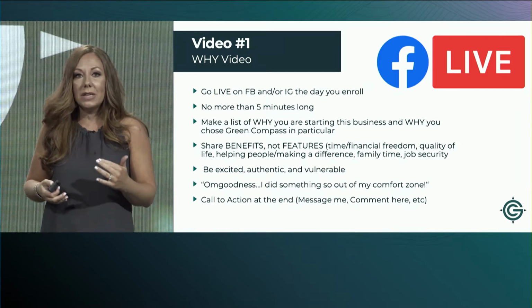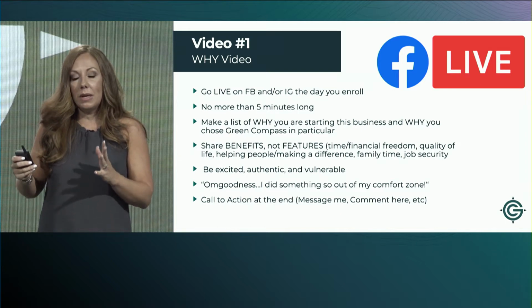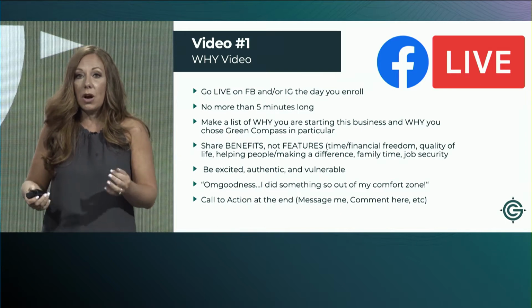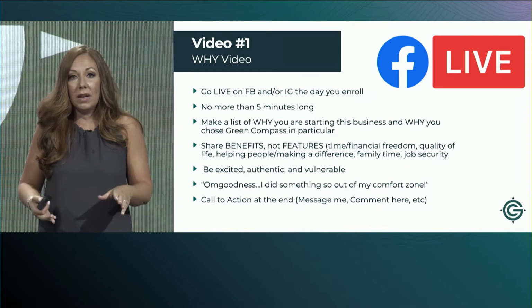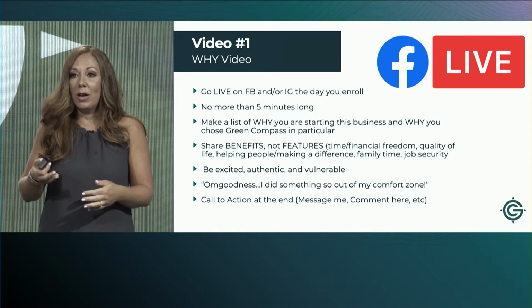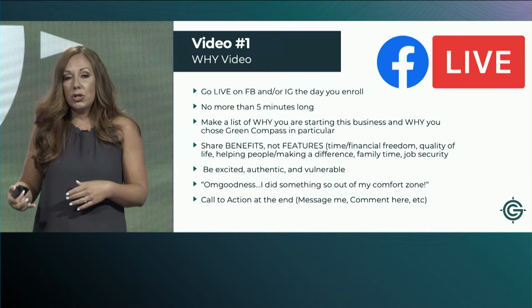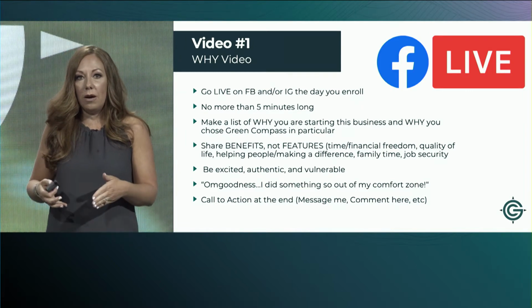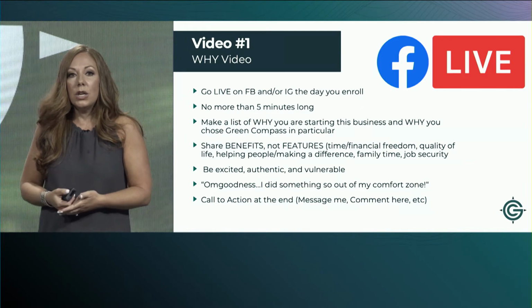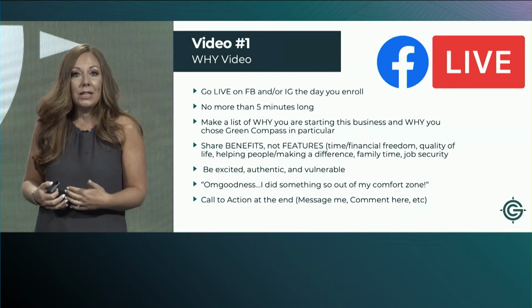So when you're making your list of why you chose Green Compass, why you're excited about this business, think in terms of that. Some examples are time and financial freedom. That's a benefit of having a home-based business. Quality of life, having security, having a plan B, making a difference, being able to be home with your children, being able to travel, being able to help people with their health. All of those things are a benefit of your business with Green Compass. So decide what it is for you, make it authentic to what you really feel,